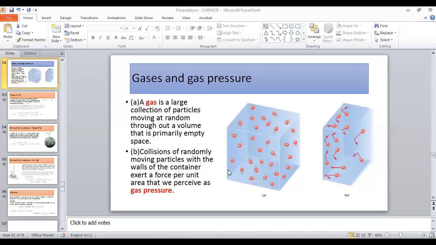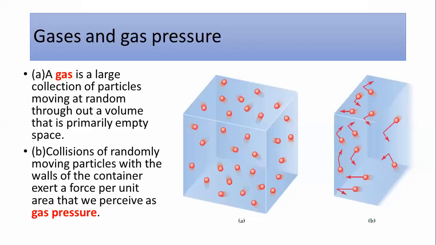In the previous lecture, we started the new topic, which was the states of matter, the different states of matter, or the different phases. One of the states was the gas. Today we will discuss some of the properties of the gas, and one of them is the gas pressure. First we will finish the gas chapter, and then we will move to the liquid and then the solid.